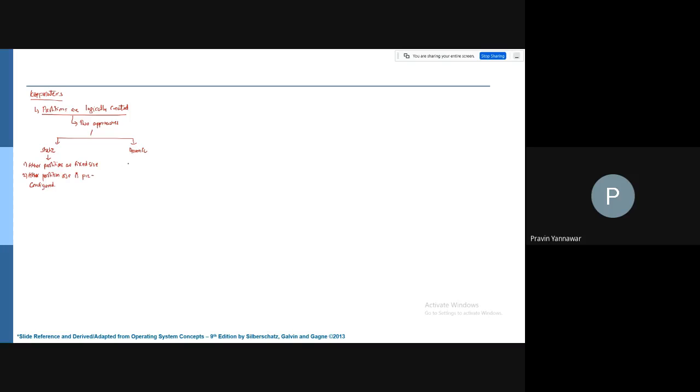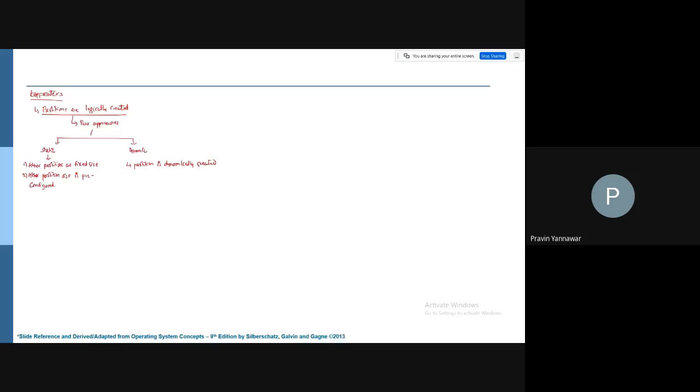In case of dynamic specification, the partition is dynamically created with respect to the size of the task. Okay, this is very important.